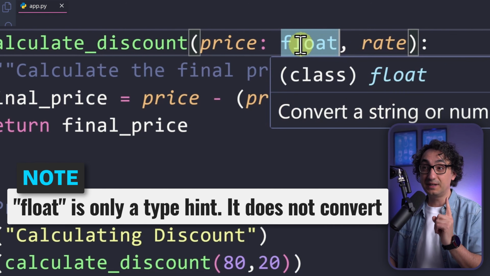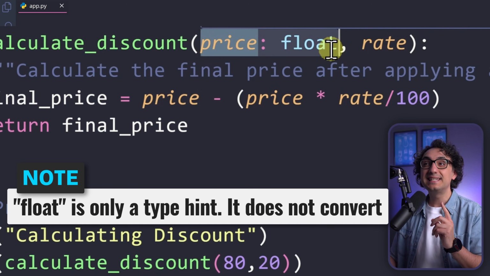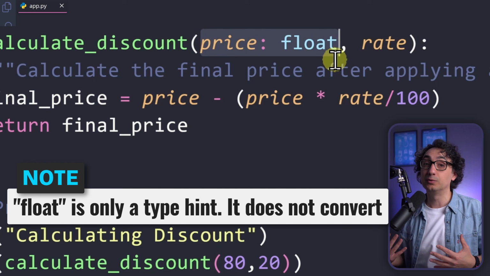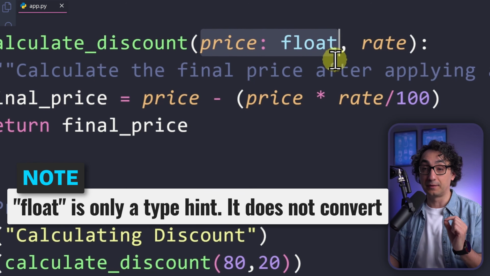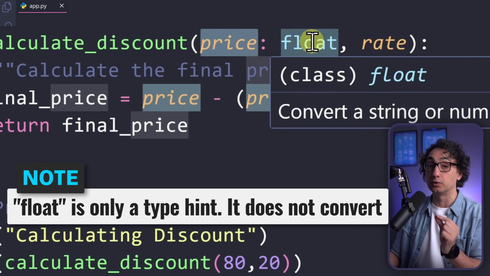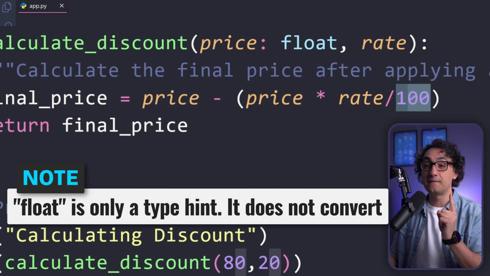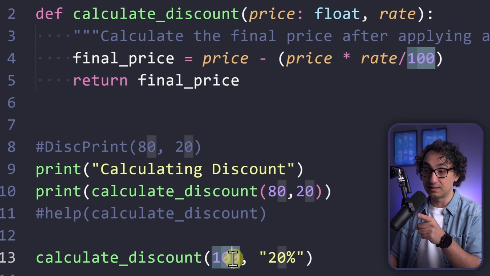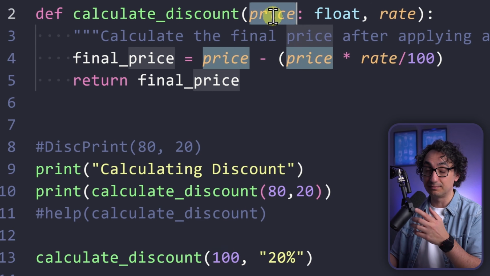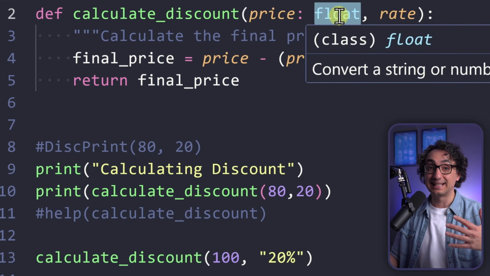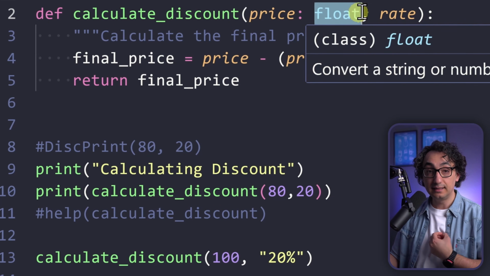So now this is a very important thing to understand. This is a hint. This is for us, for humans, in order to understand how to do the call. It is not for Python. So Python will not go and change the data type of the price to float. The data type gonna be depending on the values that you are passing in the function call. So Python gonna see this is 100 and then it's gonna use for it maybe a number. So I'm not assigning here or doing data type casting. It is just a hint for us.